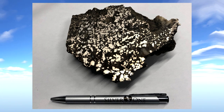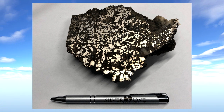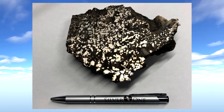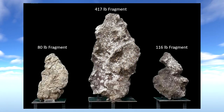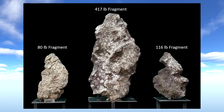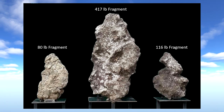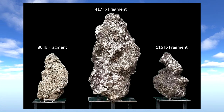There was also, that was from just an under 20-pound sample that was just lying under the overburden on the surface. Another one came back. It was 417 pounds, probably one of the world's largest solid pieces of silver. Now, what intrigues us is this property is set just on the outer margin of an